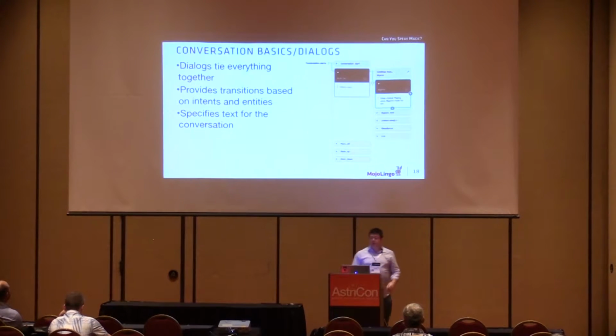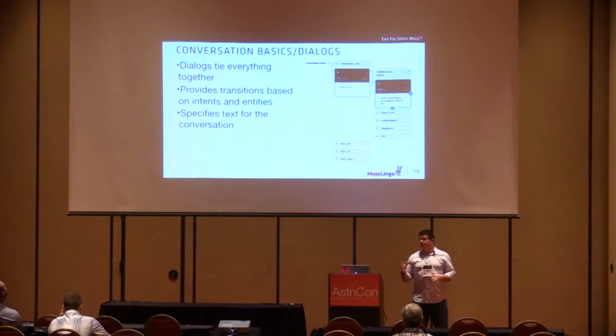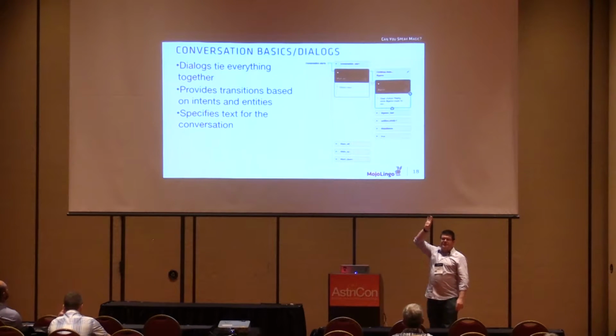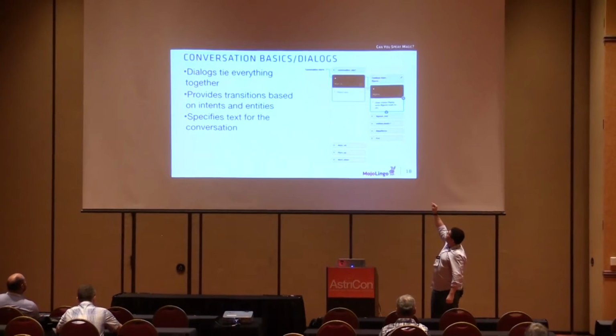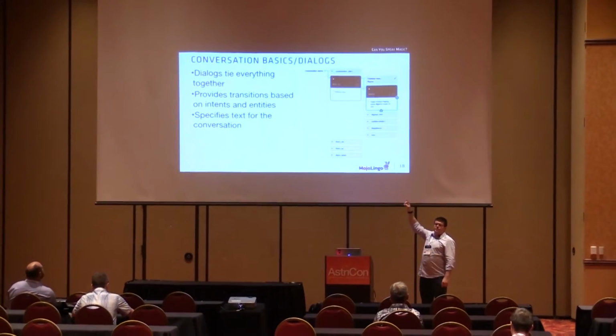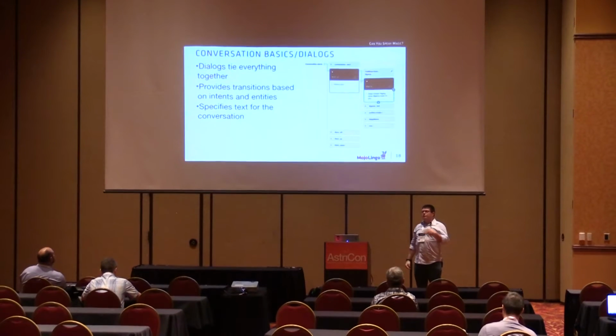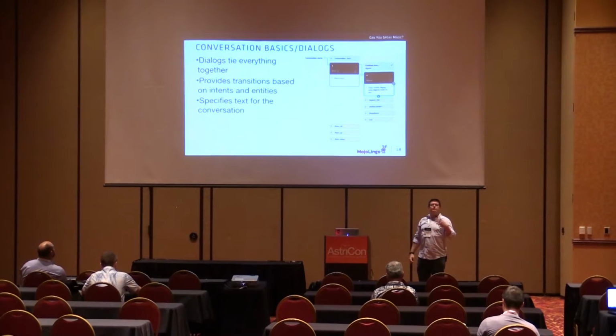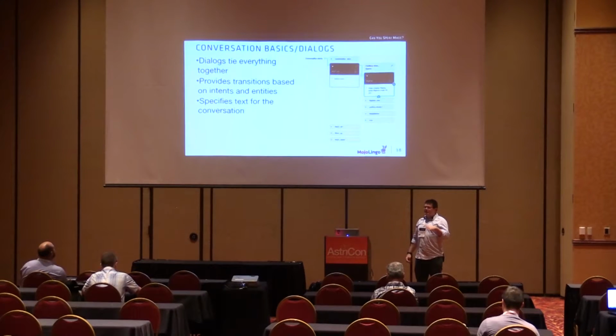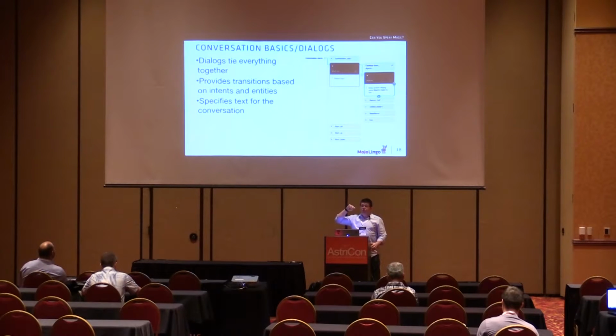A dialogue ties everything together, and it provides transitions. It is only used in conversational bots, not one-shot things. So you start from the intents and entities you defined earlier and connect them and tell the engine that if someone wants to turn on something but doesn't tell you what they want to turn on, the first thing it has to ask is, what do you want to turn on? Music. If it's music, then ask them which genre they want to hear. And when they say a genre, say we're turning on that music. This is also where you specify the text that Watson will actually say to the people calling.